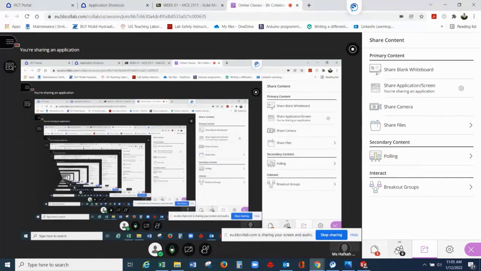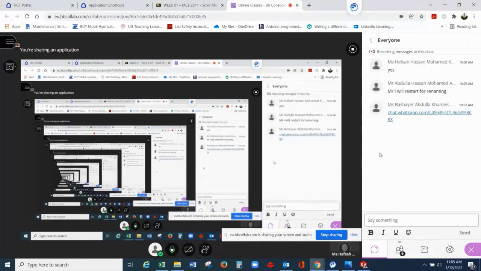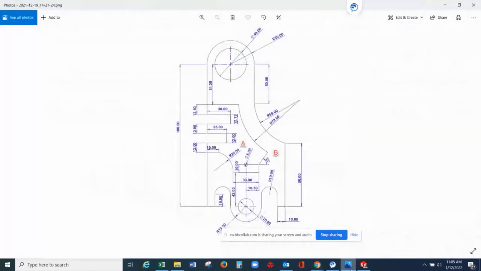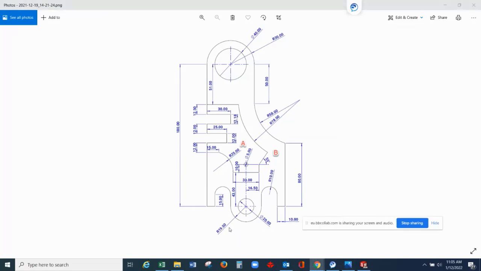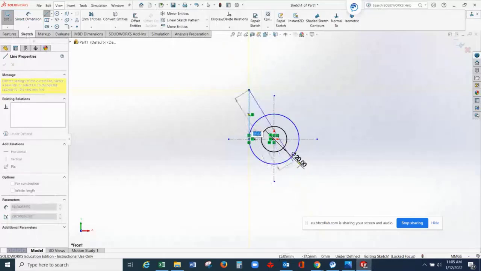Yes, sir. But what's the dimension for the big circle? This one? The one that you made in SolidWorks. One is 20, right? The small one. The big one is 19.5. The diameter is 20, so the radius is 10. Oh, okay. So there are two circles, right? This one and this one. One is 20, one is...